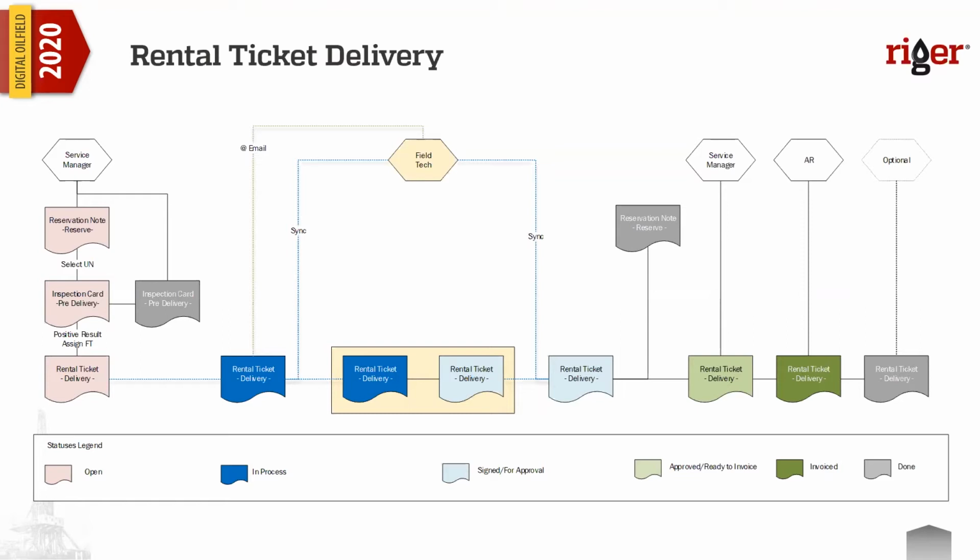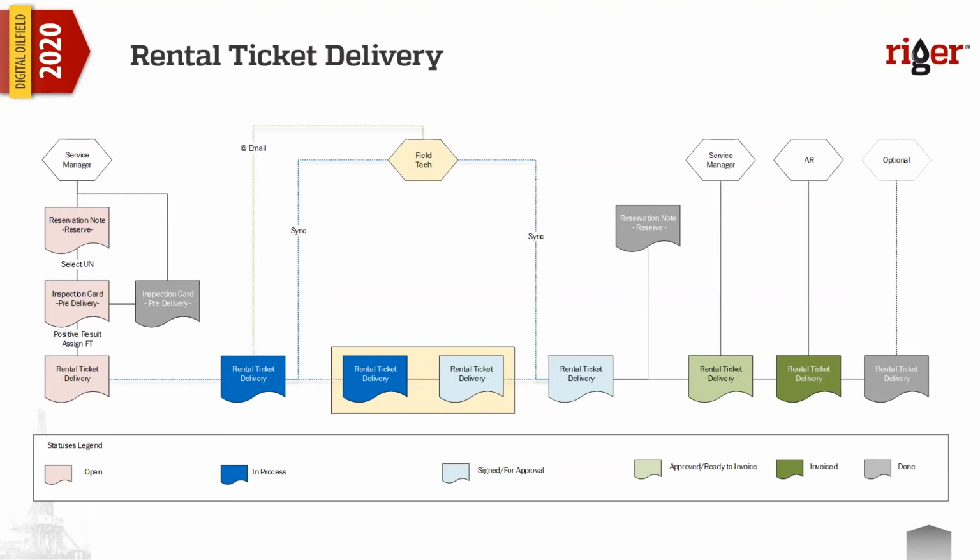Now we go to the reservation note. In case of using the reservation module in the RigER software, you can reserve some units for the job that will be locked for other jobs, and this unit number will be used only for a specific job. On that reservation note, you can also pass the inspection process. We call this the pre-delivery stage of the inspection process, when you inspect the equipment before it gets dispatched. And basically you generate an inspection card pre-delivery,